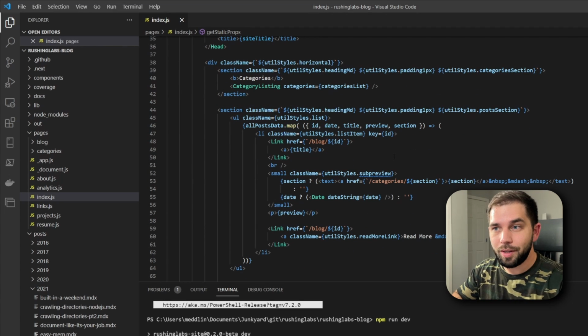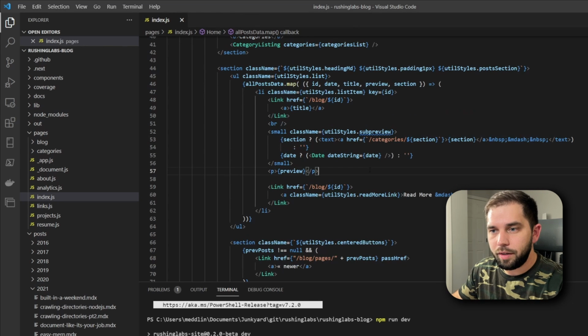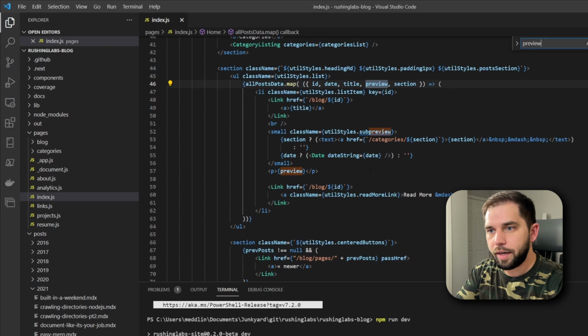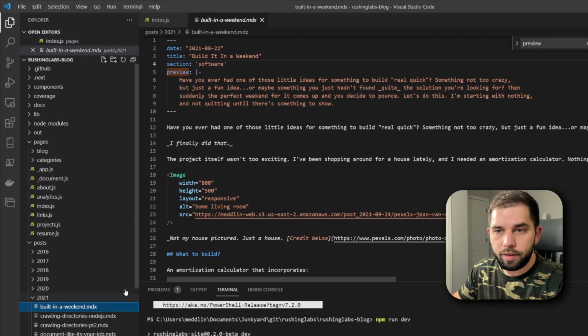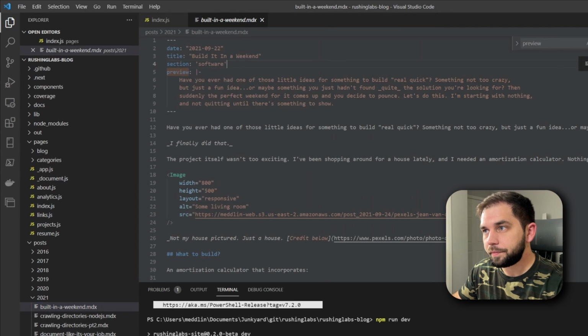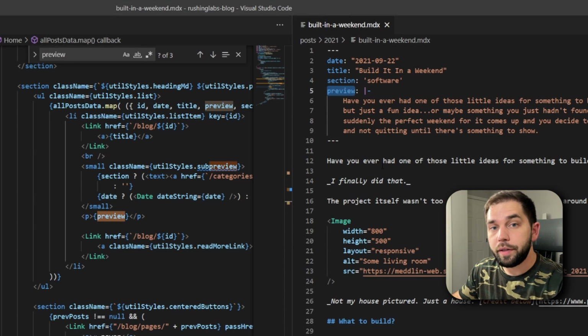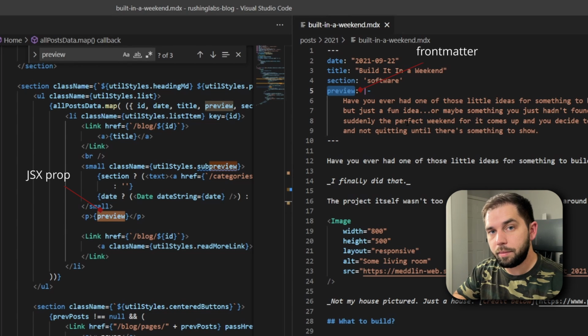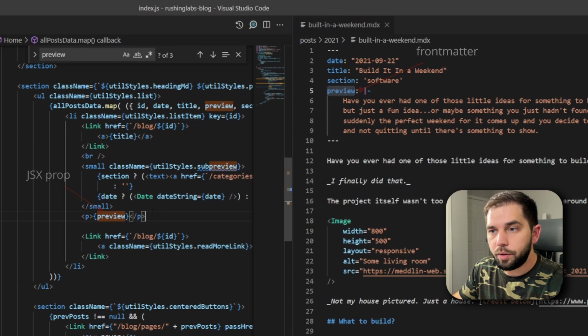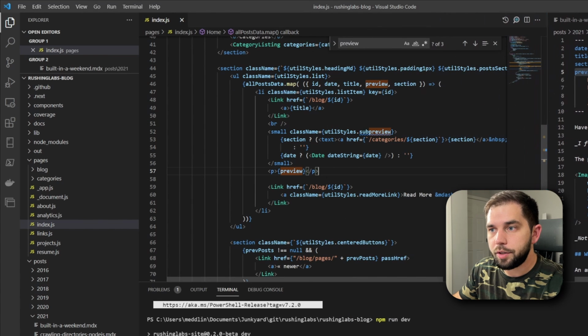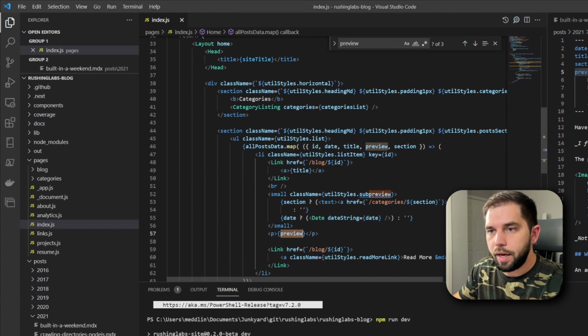So if you're going to do this, make sure that your code is not quite as spaghettified as mine is. But if we come down here and we find where I have called preview, and you see that this matches up with, let's see, if I open one of the posts, what I'm calling preview in the YAML syntax, I know that it's going to be called preview in the render code. So I come over here to the index.js and I look for preview,